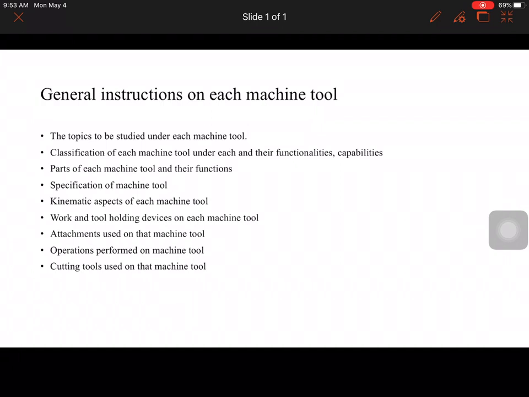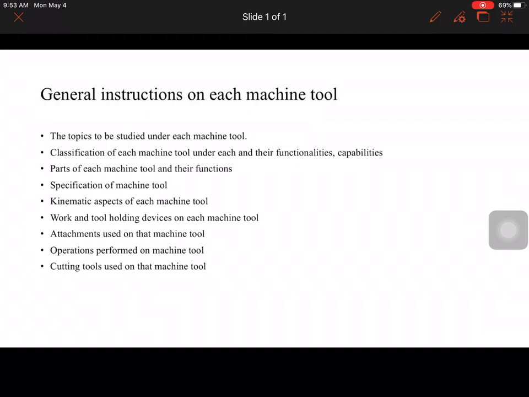So let us talk about the lathe machine. If suppose we have the grinding attachment, so if you use that grinding attachment on the lathe machine, you can perform the grinding operation on the lathe machine itself without going into the grinding machine. That is, if you want to do the cylindrical grinding operation, that can be performed by using this grinding attachment. Or if you want to perform the milling operation on the lathe machine, then we need to have this milling attachment. If you want to do the taper turning operation on the lathe machine, then there are specific attachments that is related to that.